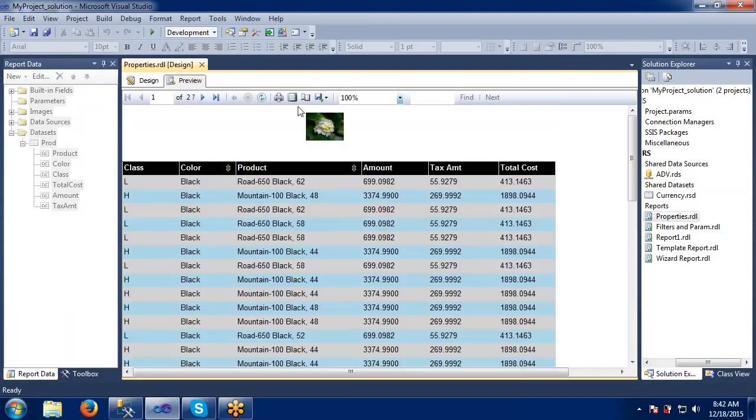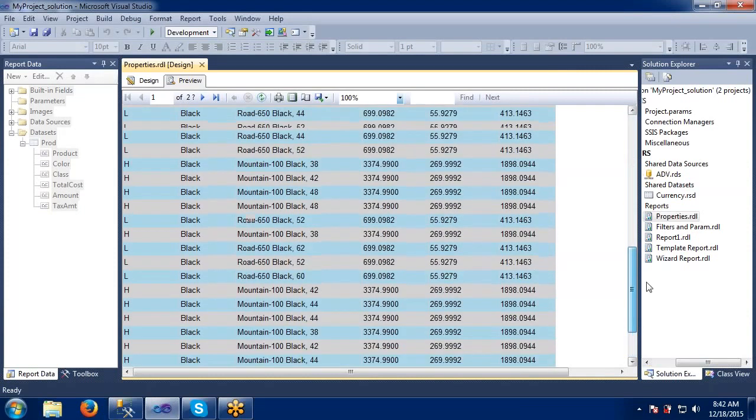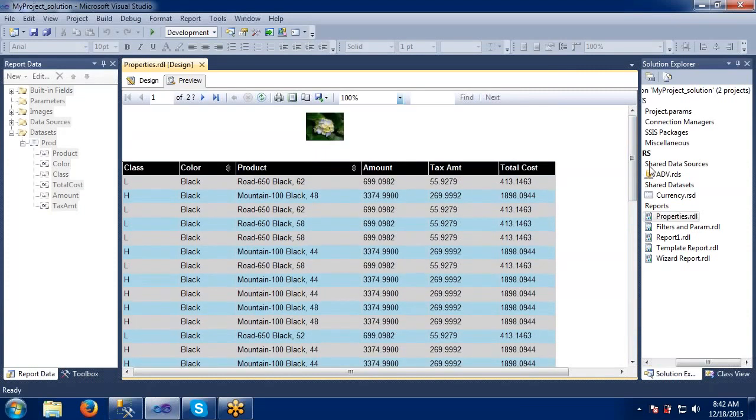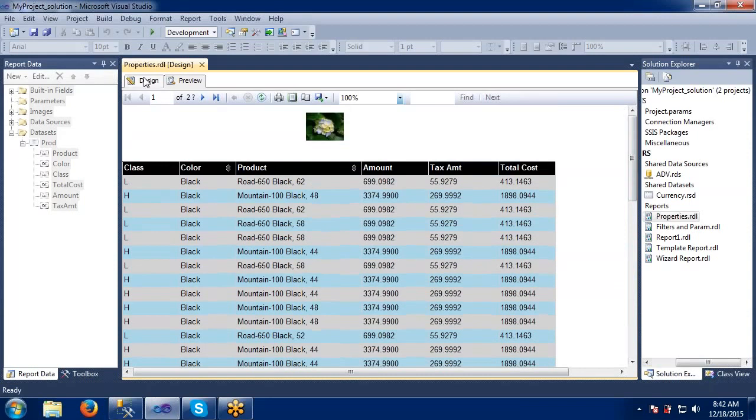See, this is my company logo and this is my report. At the footer part, I have given my page number. I can add whatever I want on the header and footer actually. Just try with your own options. Try to give some page numbers, company URL, company name, website. All these things we can put in the header and footer here. Okay, like this we can cover the header and footer option.